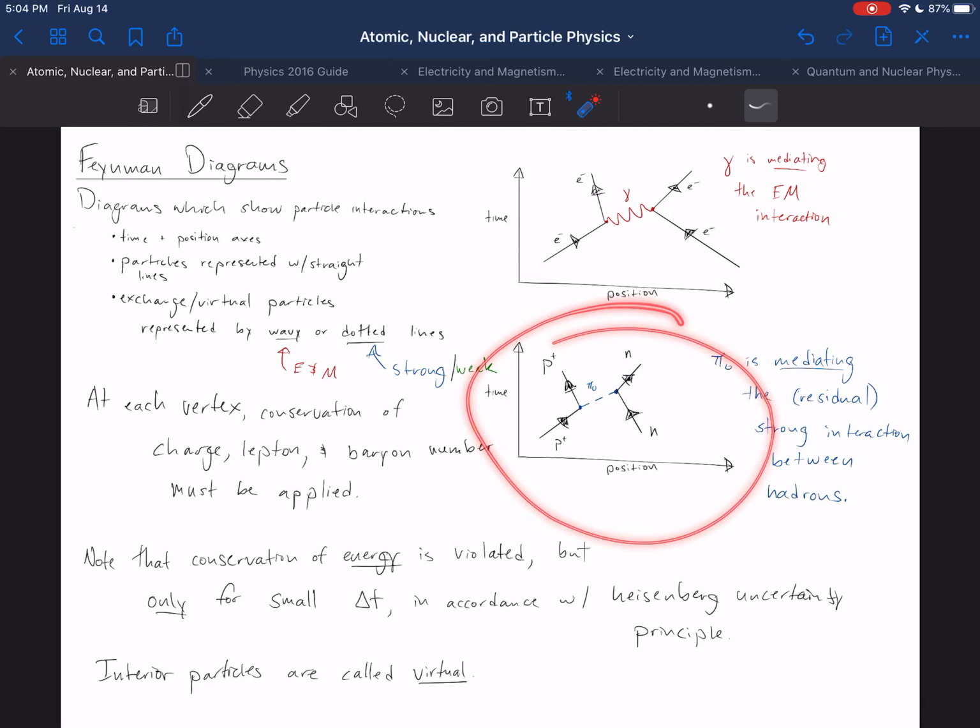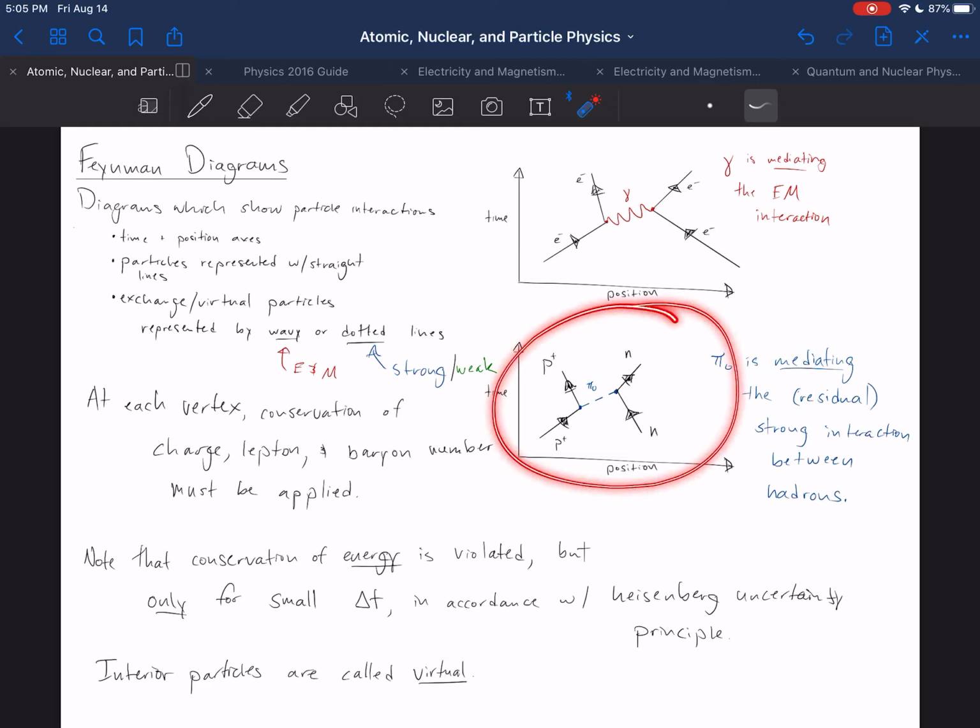In this particular diagram, we're actually showing nucleons interact. So you are not restricted to using Feynman diagrams only with fundamental or elementary particles. You can use a Feynman diagram to demonstrate an interaction between composite particles as well, in this case hadrons. What this is showing is a neutral pion being exchanged in order to mediate the residual strong interaction between hadrons. Believe it or not, this is exactly the kind of interaction that keeps protons and neutrons stuck together